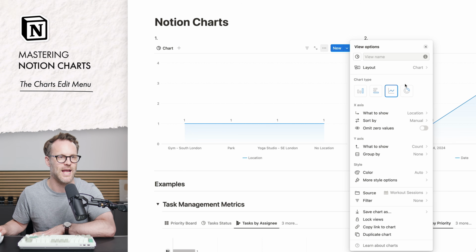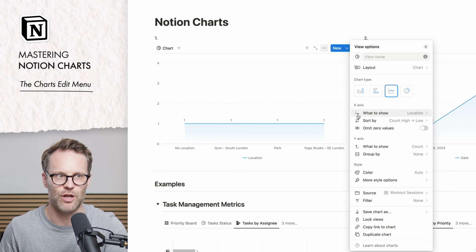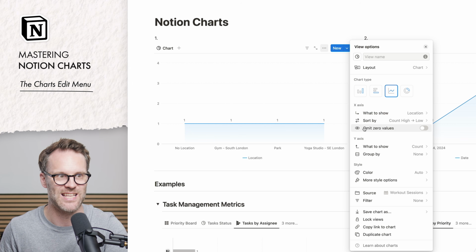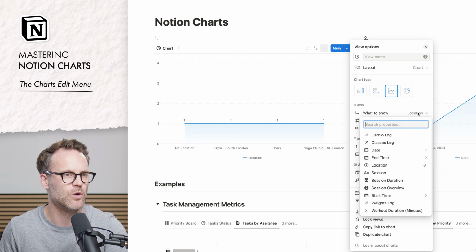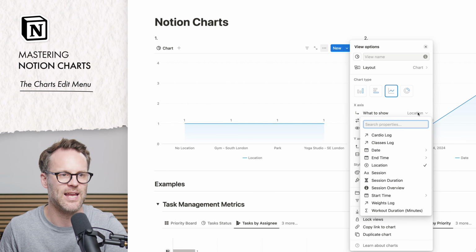The first option is to select what the X and Y axes are. And I really like these arrows which show us which axes it is. That's very helpful. And you've got options to sort and group within here. So the first thing I want to do is create a workout tracker for the duration of